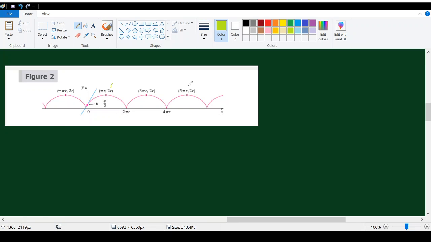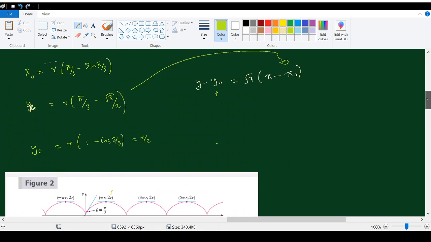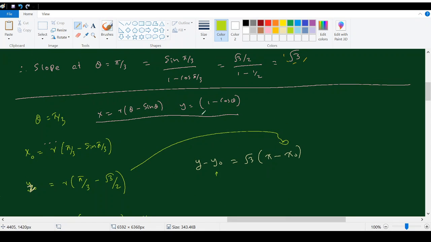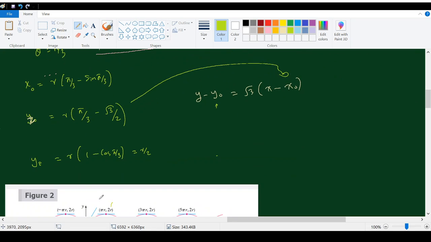So this is called the cycloid. You don't have to remember all these diagrams, but you should be familiar with calculating these dy by dx terms. And you don't have to use any of the information from the diagram in order to calculate the